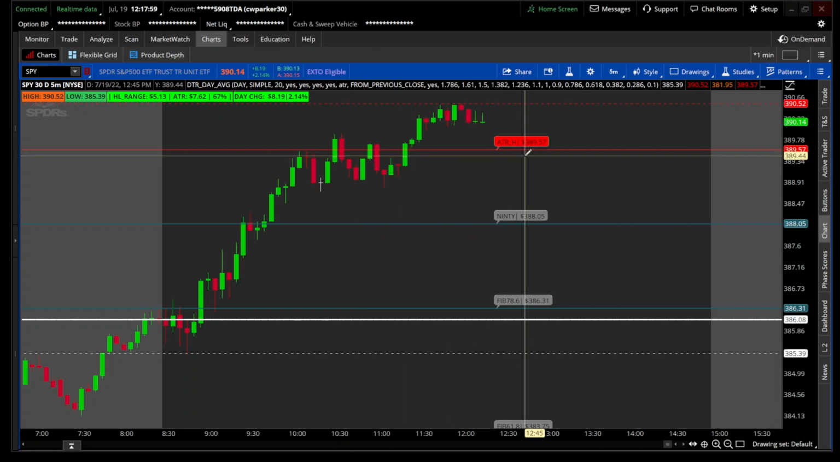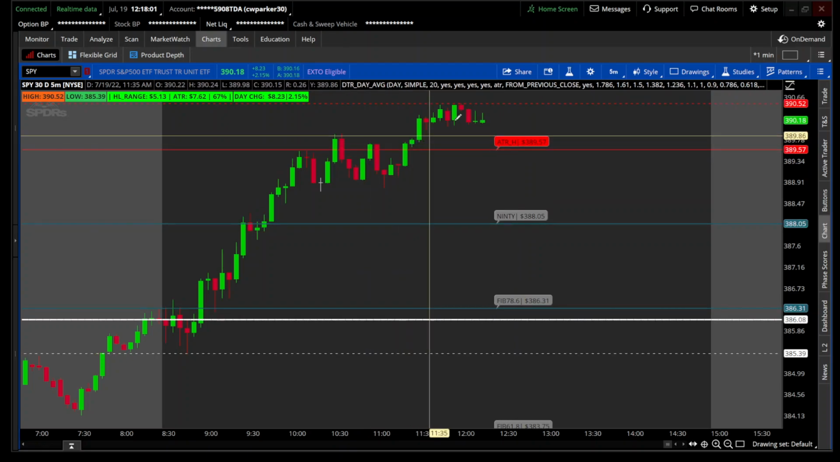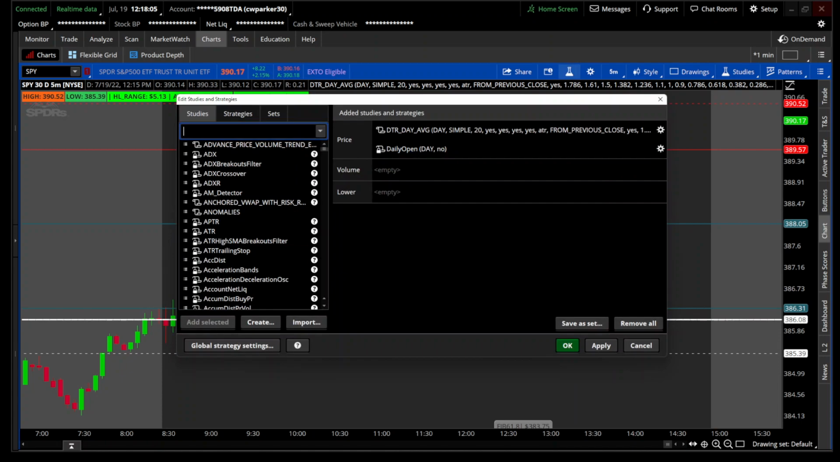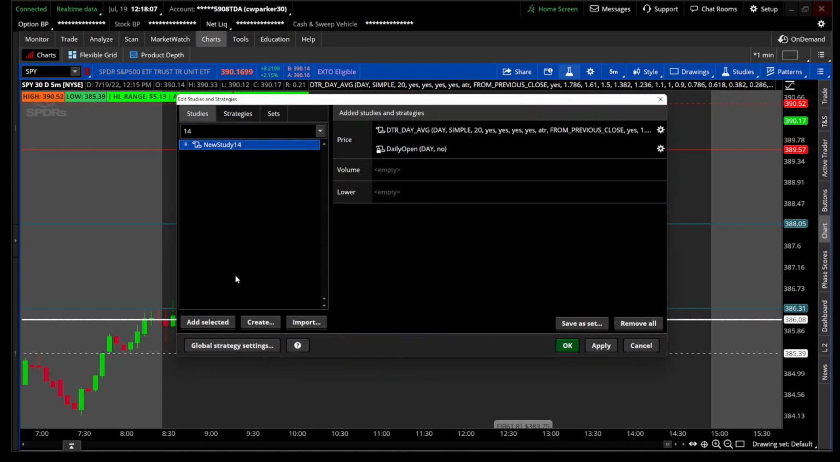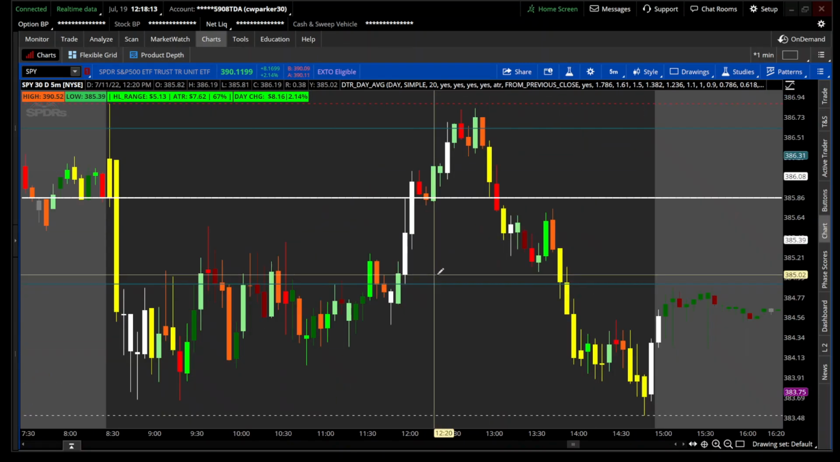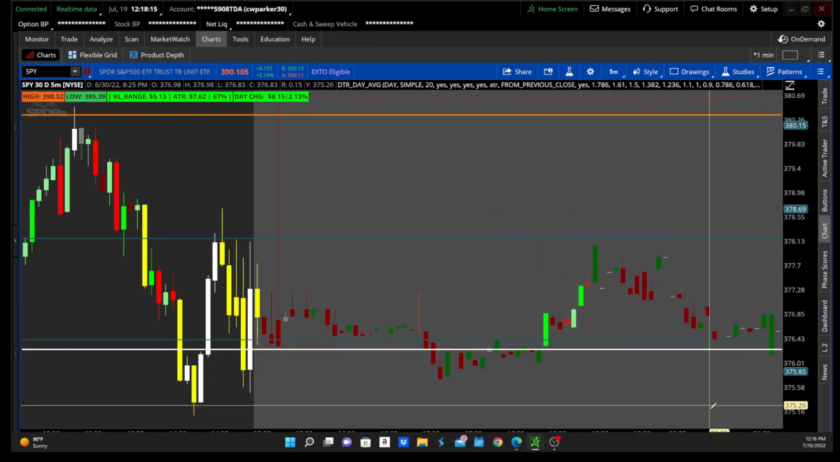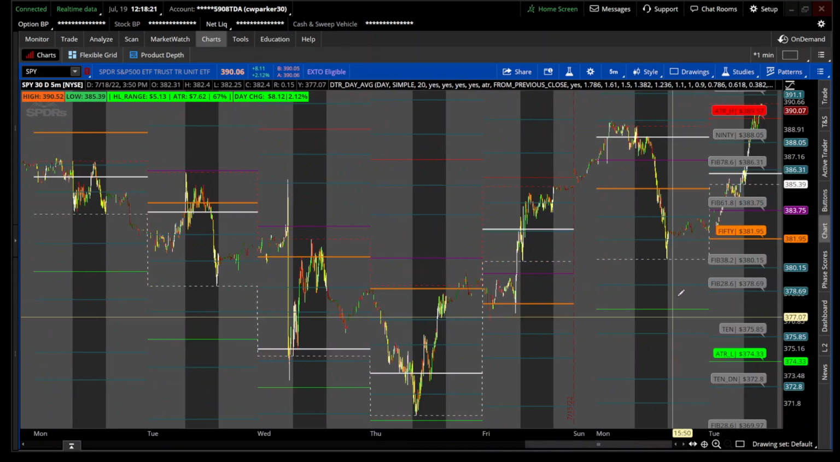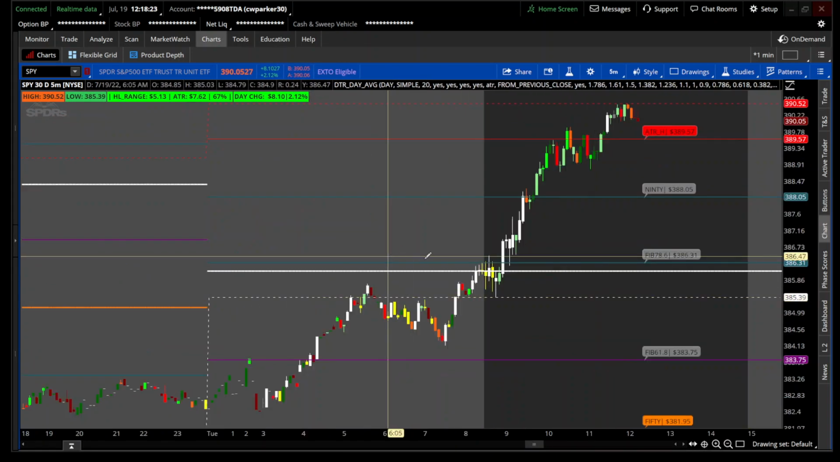And it couldn't really get above it, but then it finally did break above it. Normally, I would have my volume indicator on, which I'm really not going to show, but you've seen it before. It just colors the bars. But what I wanted to show you